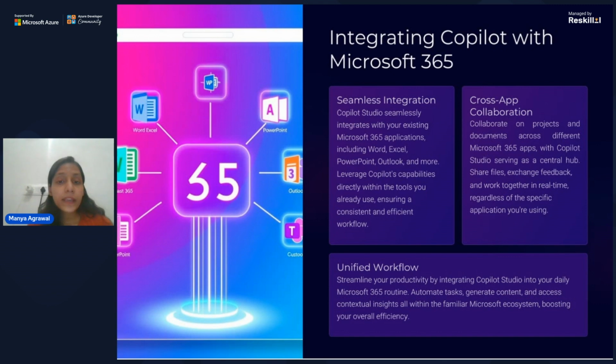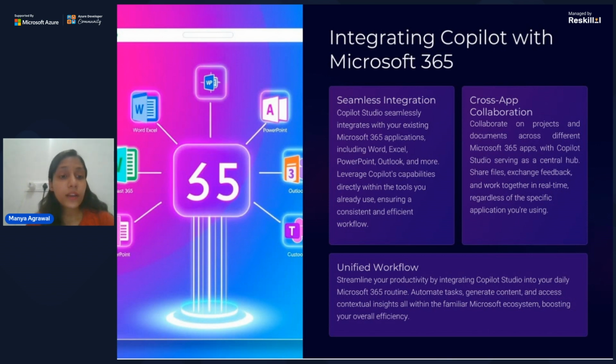Now, integrating Copilot with Microsoft 365. This means working on one platform, with various features and applications of Microsoft together on one site. First, seamless integration. Copilot Studio seamlessly integrates with your existing Microsoft 365 applications, including Word, Excel, PowerPoint, Outlook, and more.